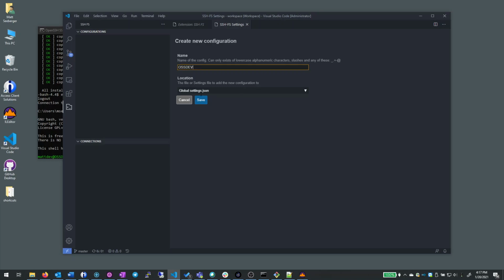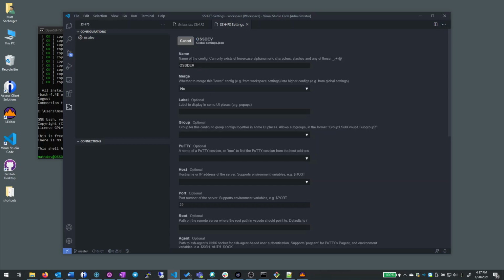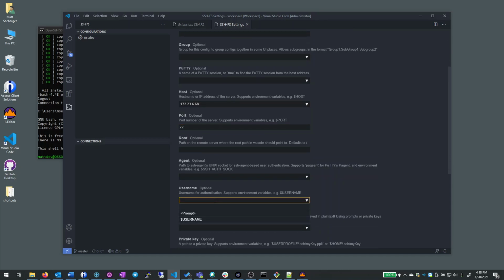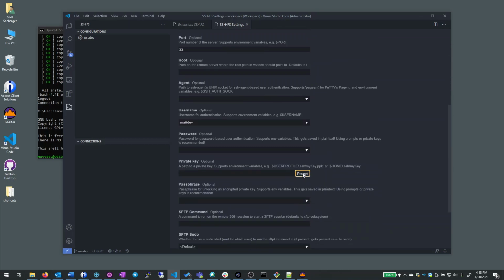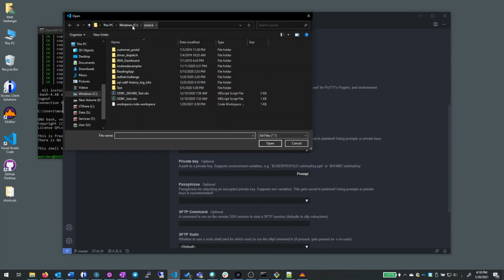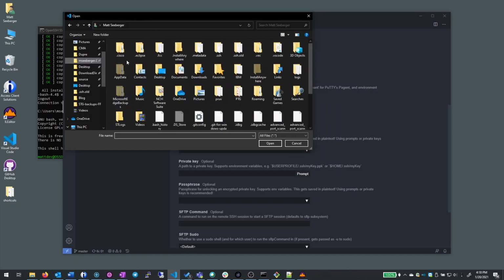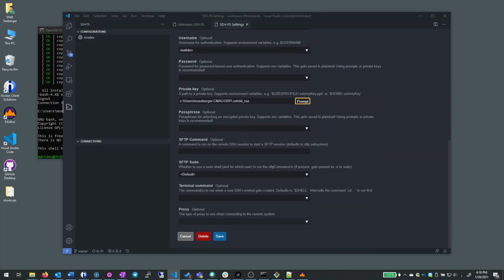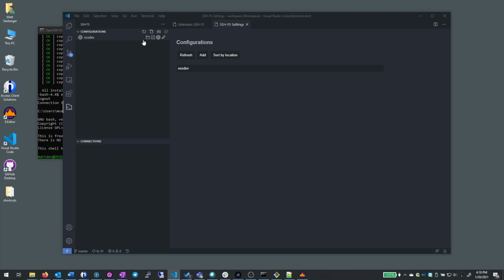Okay, so I just put the name of my system. The IP is 172.23.668. Port. Username. I'm going to just put my user in here. Okay. My key, I'm going to point to my SSH file here and save it. Okay, so now if I go in and I hit this plus folder here,